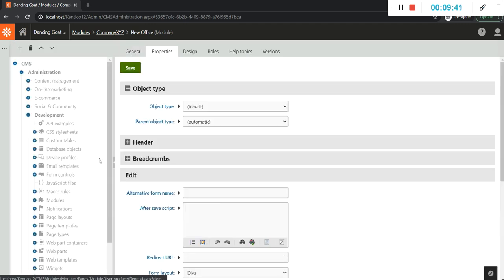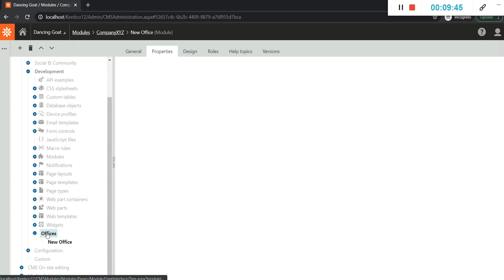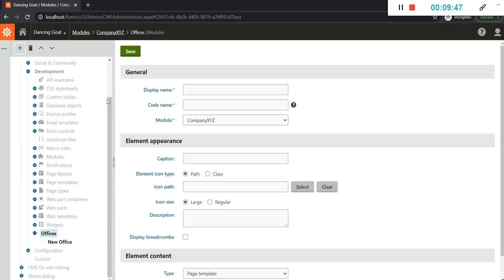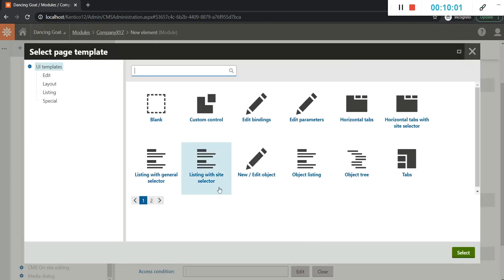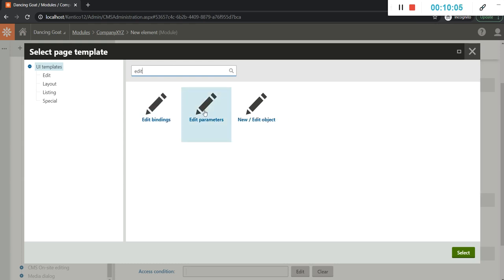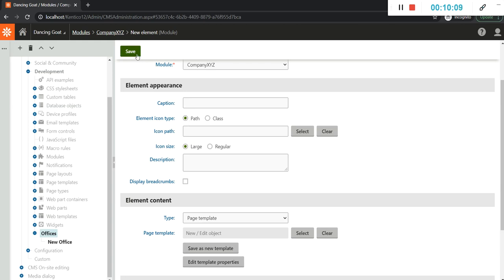Let's save this. Let's create another for the modify. Let's select the same page template and save it.